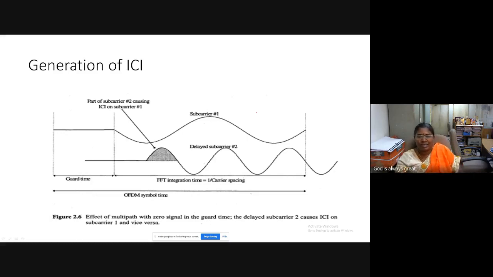To overcome this effect, right, the part of the signal that is going into the next guard band time should be copy pasted here in order that the integer multiples of cycles are still maintained. This part should be copy pasted back in such a way that subcarrier 1 is orthogonal to subcarrier 2. This way of copy pasting the initial part of the signal to the back is called adding cyclic prefix.